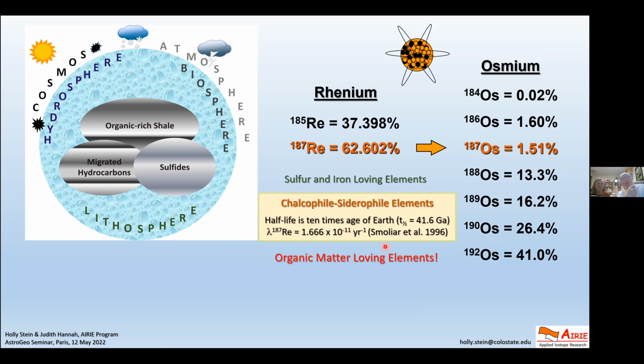For example, fumaroles today that are forming the mineral molybdenite, or even there's a mineral called rheniite, rhenium disulfide. And if you have a parent amount in a sulfide that is tens of percent of the mineral, then in a very short amount of time, you can make a lot of daughter osmium. So we can date things that are very young in certain environments with molybdenite and rheniite sulfides. Now, one of the unique things about rhenium osmium, particularly when compared to uranium lead, is that the reservoirs for these two minerals are very, very confined.